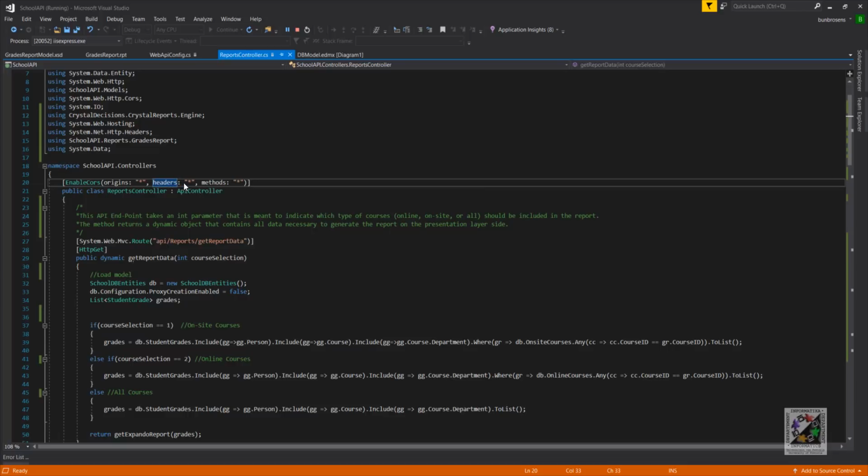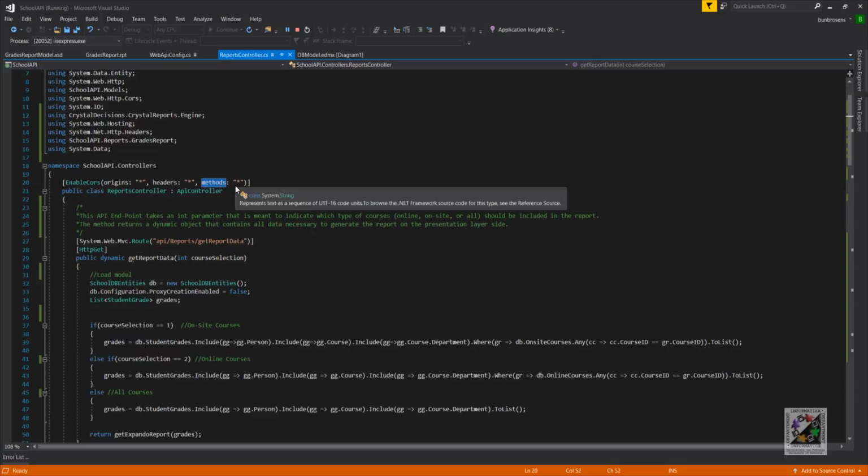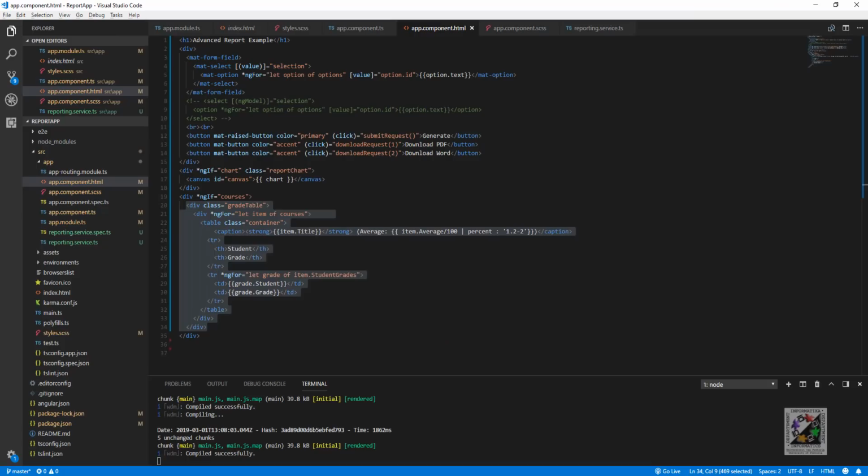Headers, again, you can specify specific HTTP headers that should be allowed. Again, we go for all. And methods, these are HTTP methods. So post, get, and so forth. Again, we allow all. If you include this at the top of your API, then you shouldn't have any problems, and your API should allow your Angular app to actually access the API. Please just remember to do that, otherwise you might run into issues. Alright,